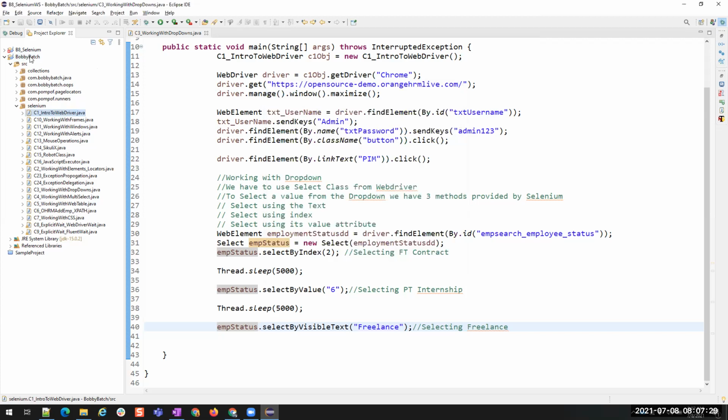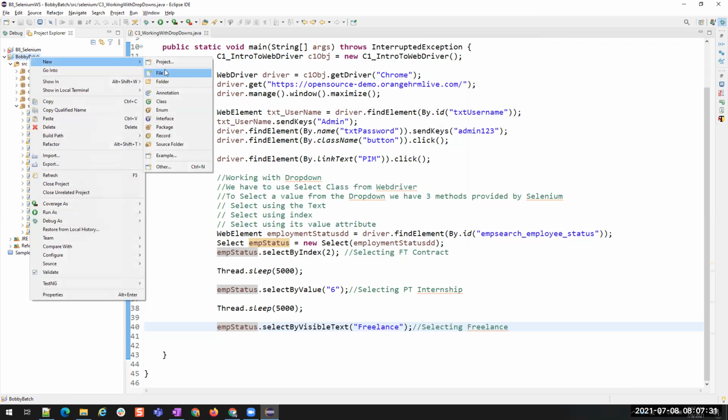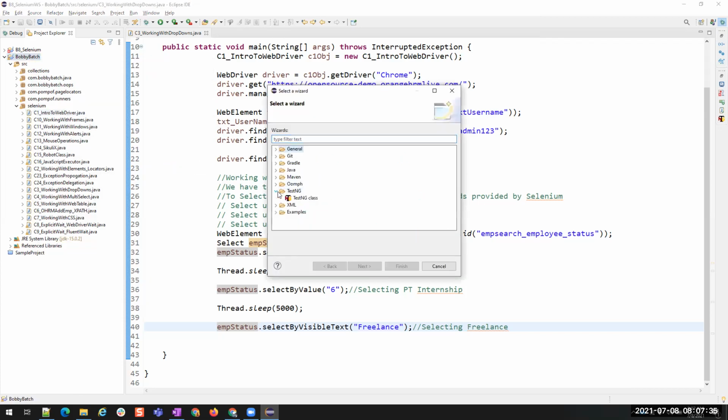Or on the project also you can right click and go to New and then click Other. You will see TestNG here as well, TestNG and TestNG class. If you see this, TestNG is successfully installed on your Eclipse. If you don't see this, TestNG is not installed on your Eclipse. Okay, is that clear?